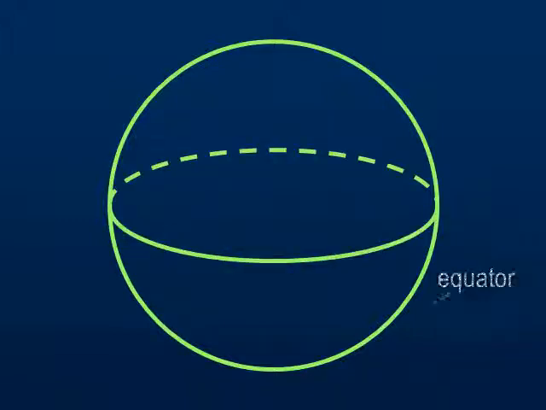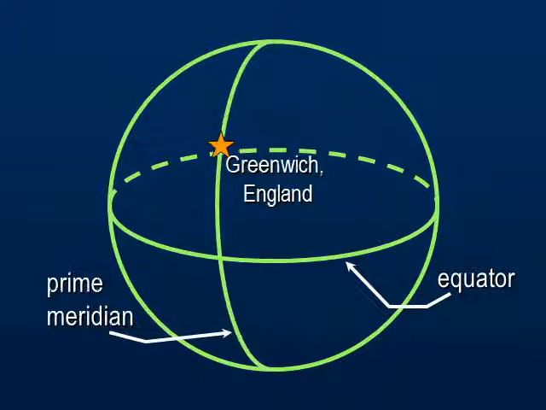Okay, so here is the sphere that we are going to call Earth. And when we have the northern hemisphere and the southern hemisphere, they are divided by the equator. The semicircle called the prime meridian goes through the city of Greenwich, England, and this is a longitudinal line. If you talk about the other